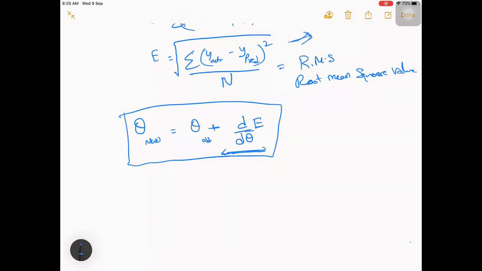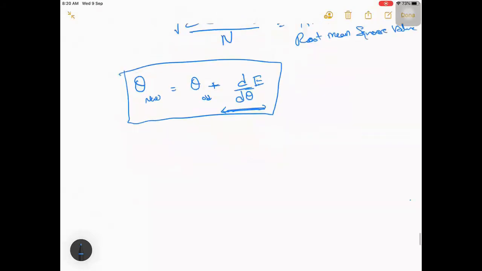So in case you have 2 or 3 parameters, let's say theta naught and theta 1, then theta naught new equals theta naught old plus, and we will be doing partial derivatives here. And similarly theta 1 new equals theta 1 old plus dou E by dou theta 1.